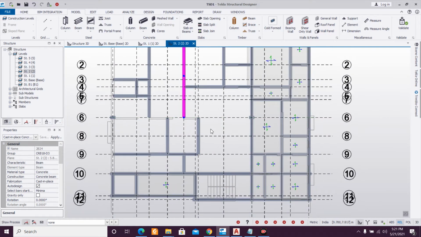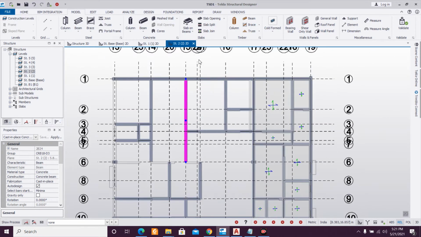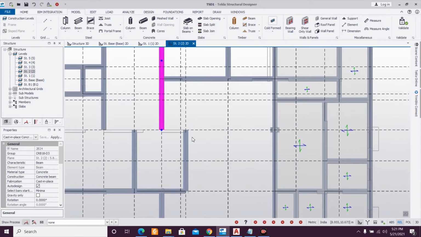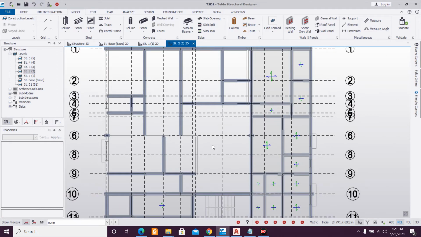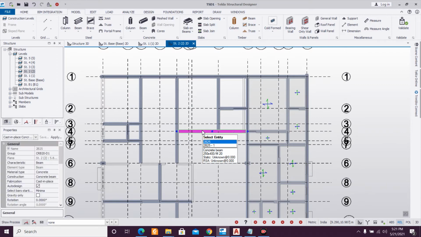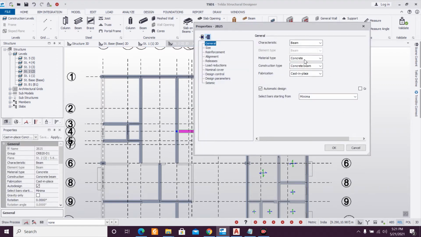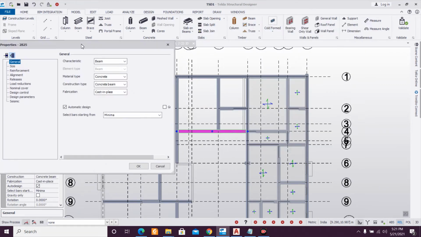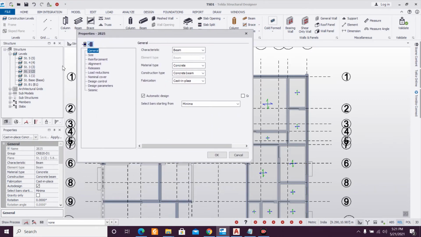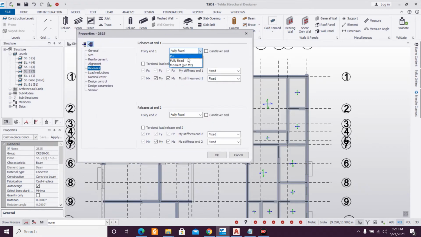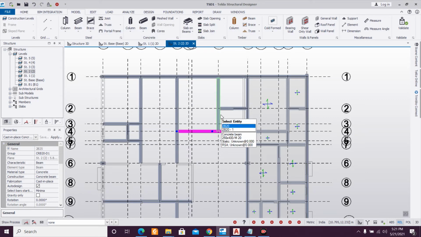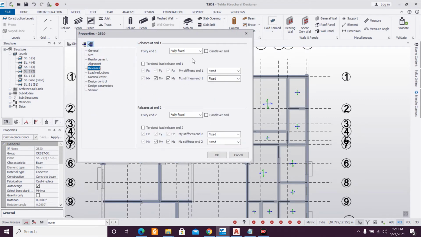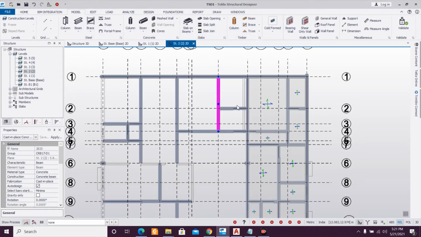So we'll have a beam here. So this one is not required actually, because we'll have an all through beam here. Main beam here will have this one. We are having a beam column on the right side, so N2 will be fixed, releases, and one pinned, N2 fixed, and this one both and pinned, and this one also both and pinned.